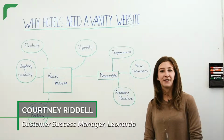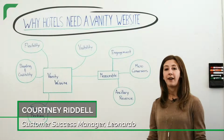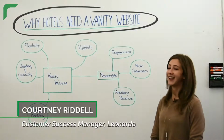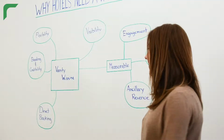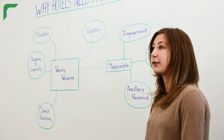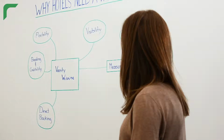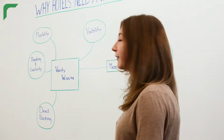My name is Courtney Riddell, and today I'm going to be answering the question, what value does a vanity website have to offer for my hotel? So the obvious answer is it can help drive revenue, but there is a lot more to it than that, and so I did want to break that down into a couple other benefits that you can derive from having